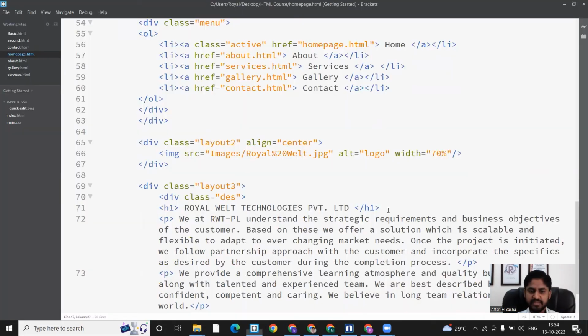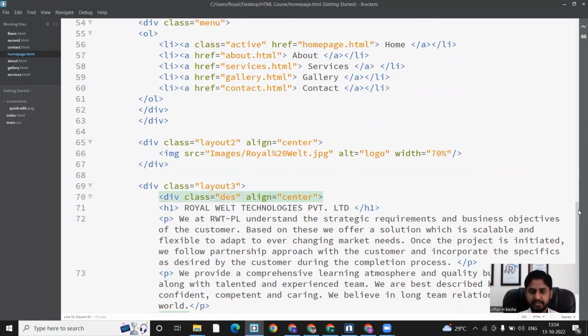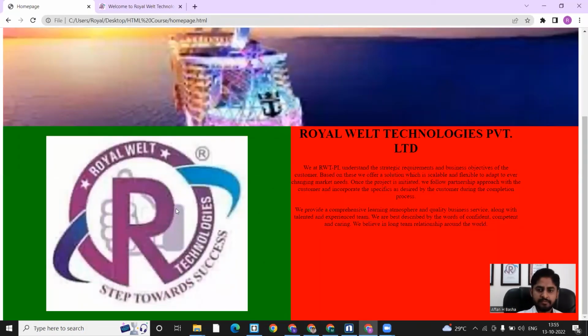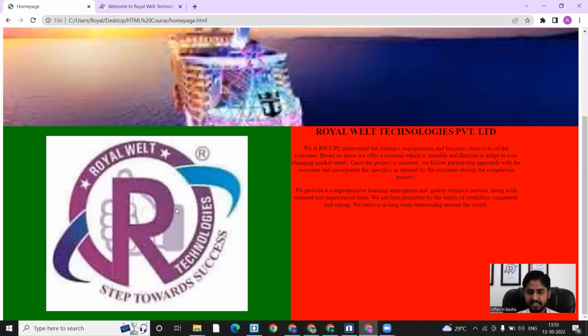So I need to make it center. I can give it align center here. Okay, we got it at the center. And let me reduce the size for this. As I have opened the h2 tag, I need to close the h2 tag as well. Okay, fine then. I just give margin from top to take it to the center